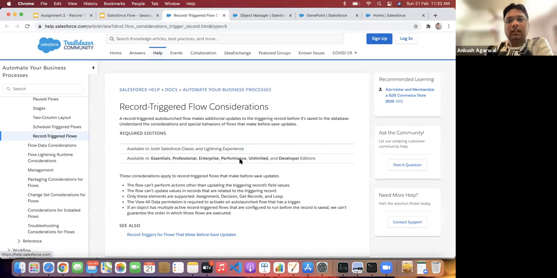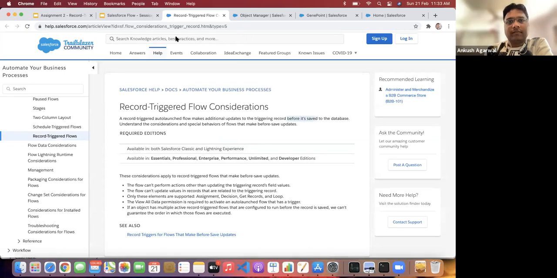Okay, these limitations are specifically for before save. Before save can perform only updates to the triggering record. It cannot update any other record, and it can't update values in records that are related to that trigger.